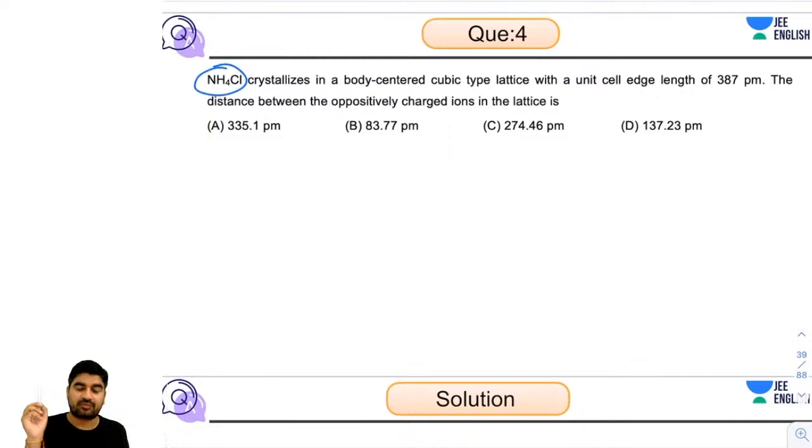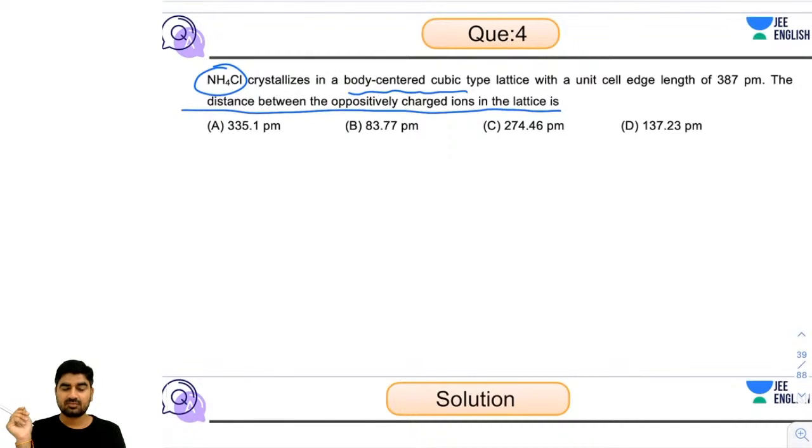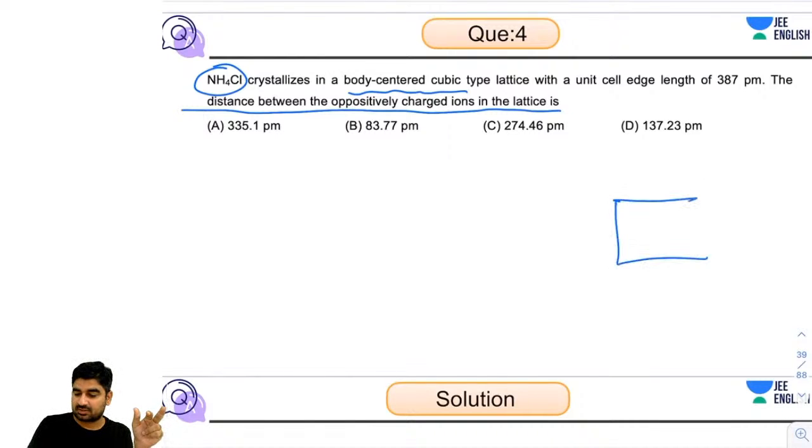Now let's see how many of you can solve it. We are given NH4Cl and it crystallizes in body centered cubic, BCC. The distance between oppositely charged ions in the lattice. Let's see how many of you can solve it. In body centered, option A. Emmy says option A. How is it option A? It is saying NH4Cl. So NH4Cl in BCC. So if I'm making the structure,